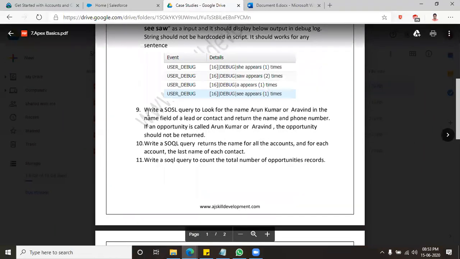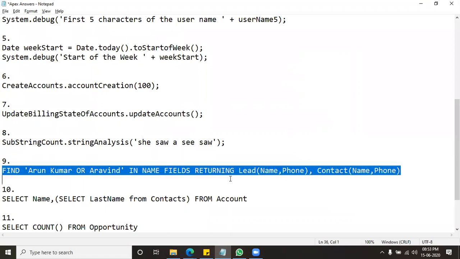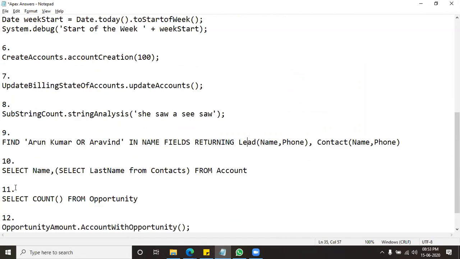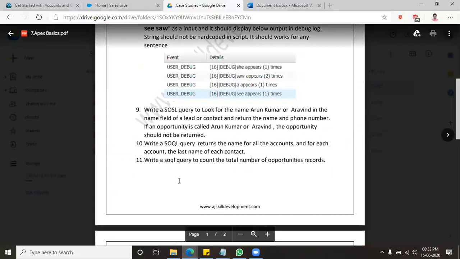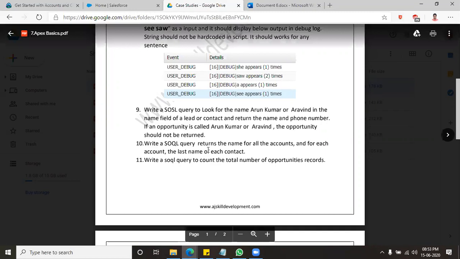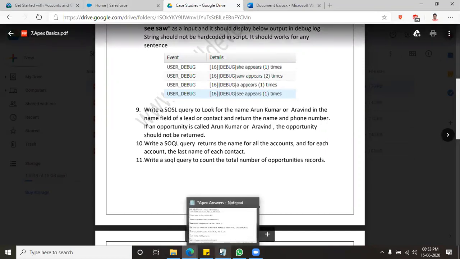Write a SOSL query for Arun and Nemit. This is a query in the name field, Arun or Aravind. This is fine. Next one is write a SQL query for returning the name for all the accounts, and for each account, the last name of each contact.